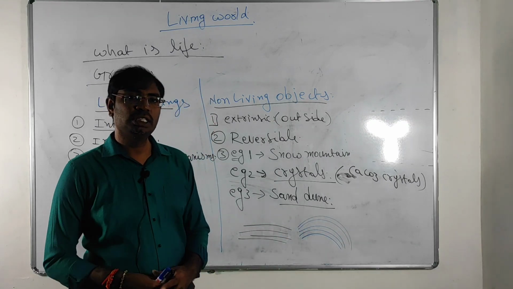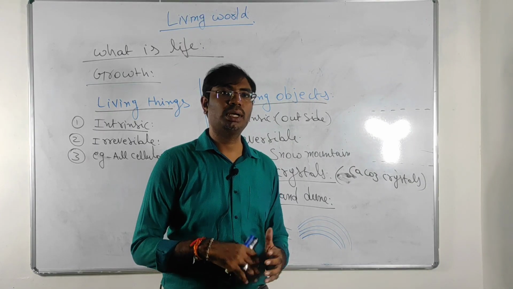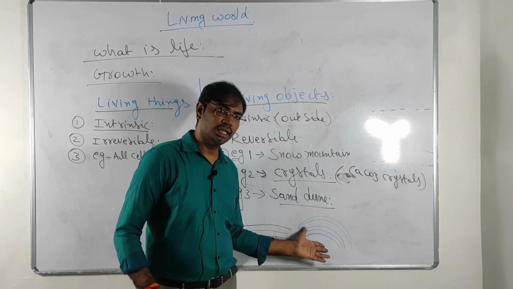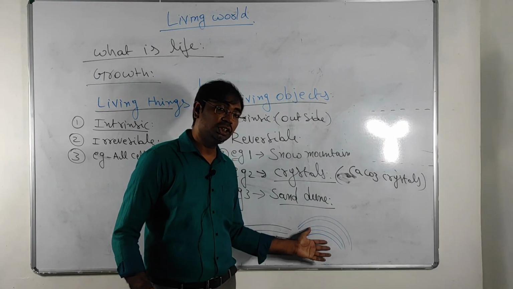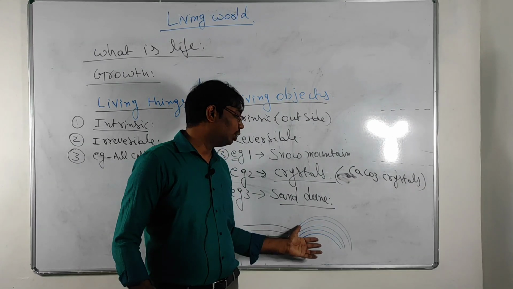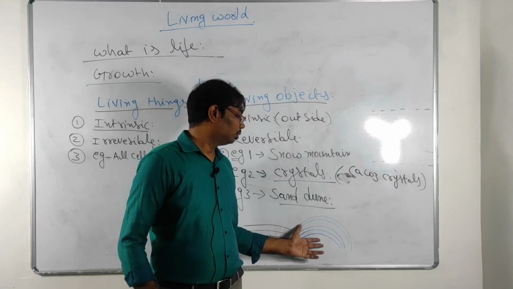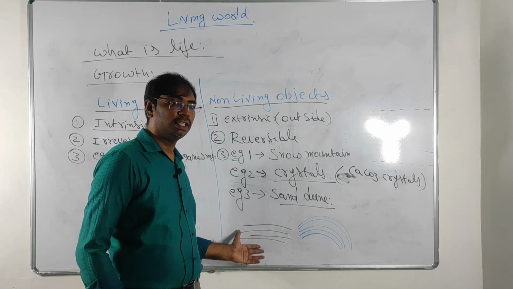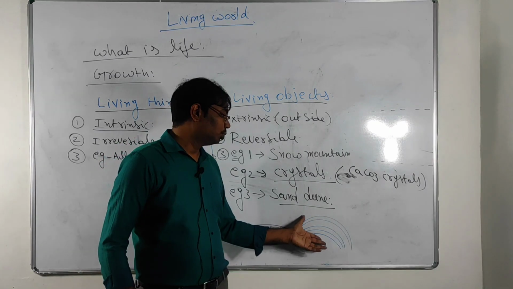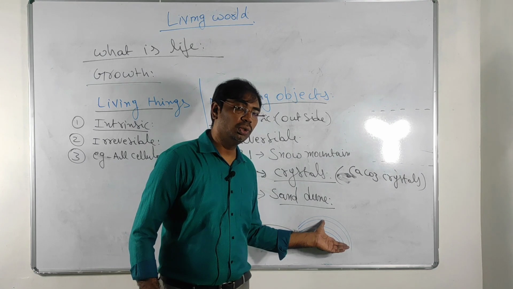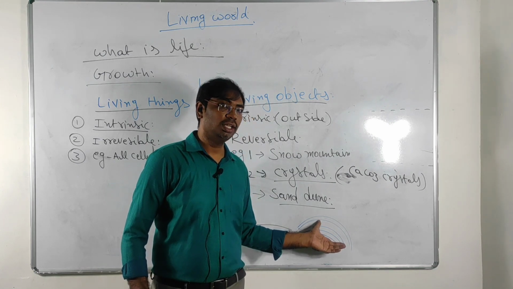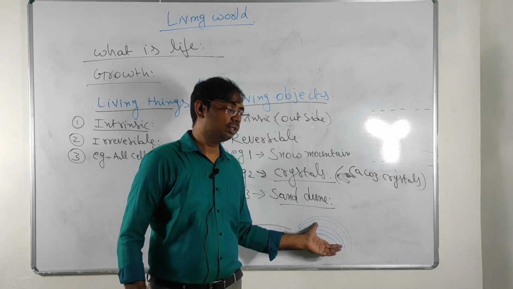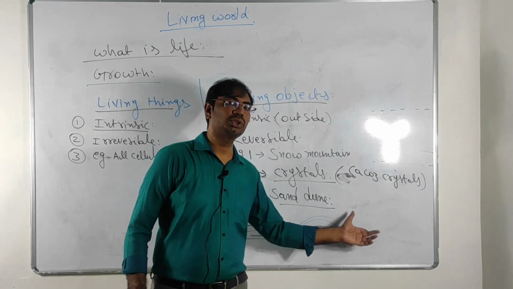Suppose in one season a sand dune is created, but after a few years the sand present in the sand dune dissolves in the rainy water. Again the sand dune's size may decrease. So the sand dunes are created by rivers bringing soil from their native bed, and again the size may decrease due to heavy rains. During heavy rain, the soil dissolves in the water, and the sand dune's size may decrease.